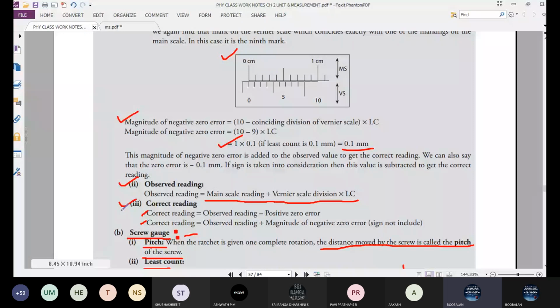At minimum you need to refer to more than 30 dimension formulas, converting one system into another system, and all the formulas. Again I will remind you, please note it: this week's test portion is error analysis and dimension analysis. If you have any doubt, you can ask in the upcoming class.